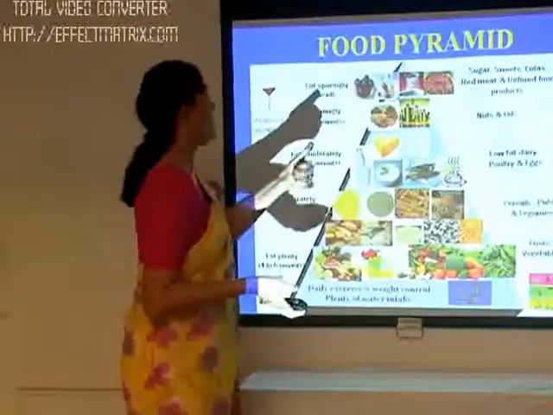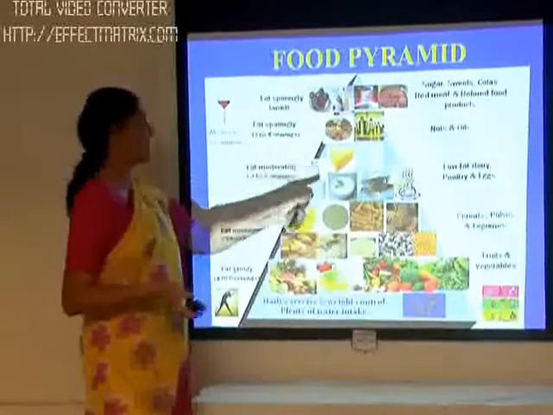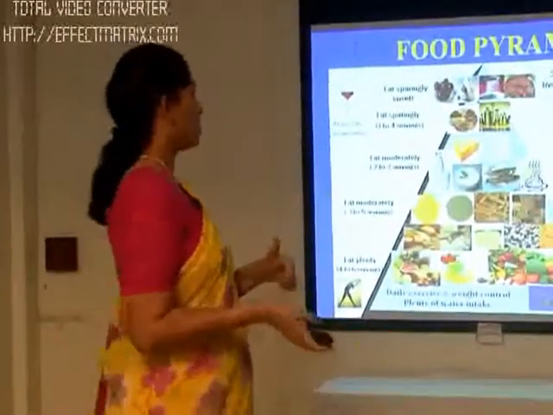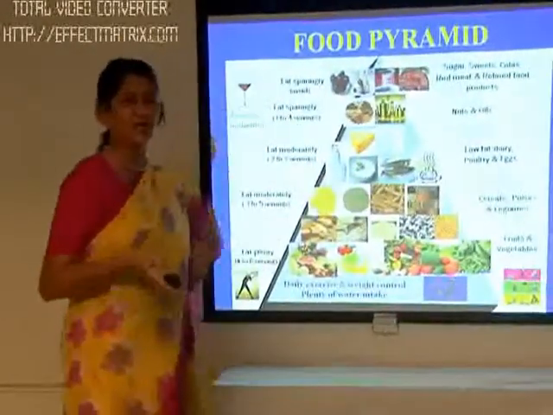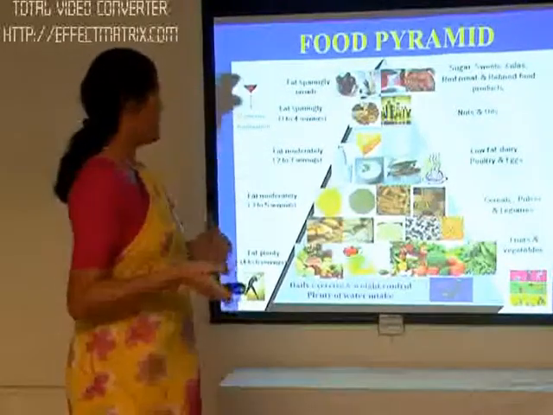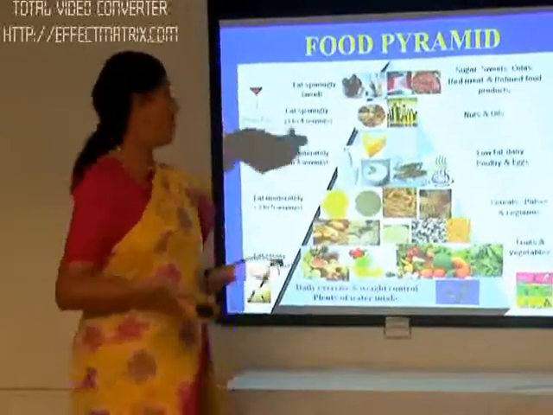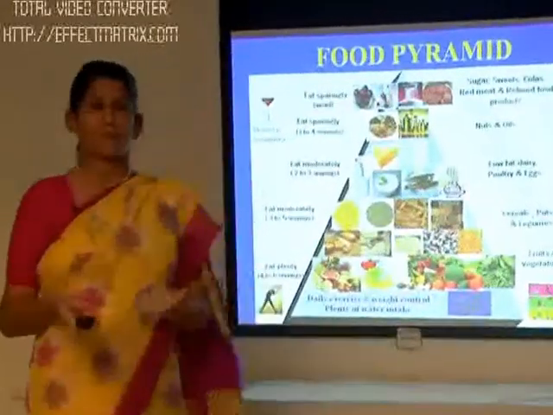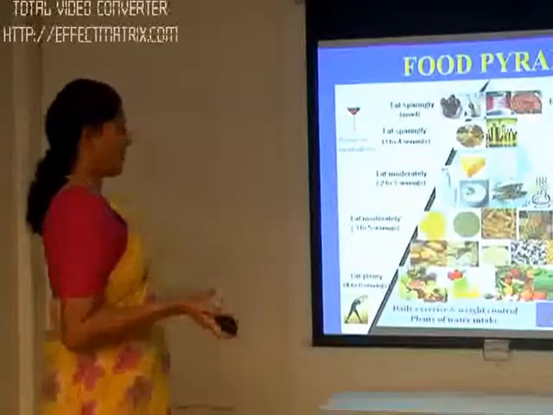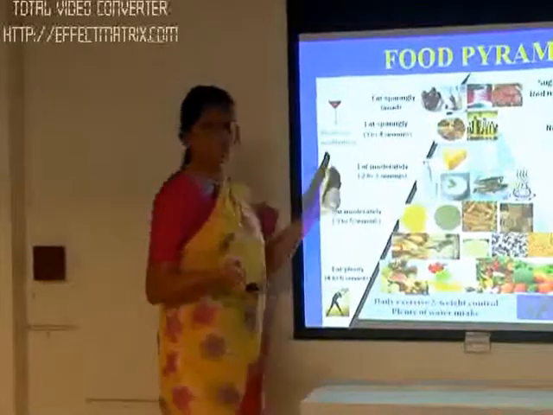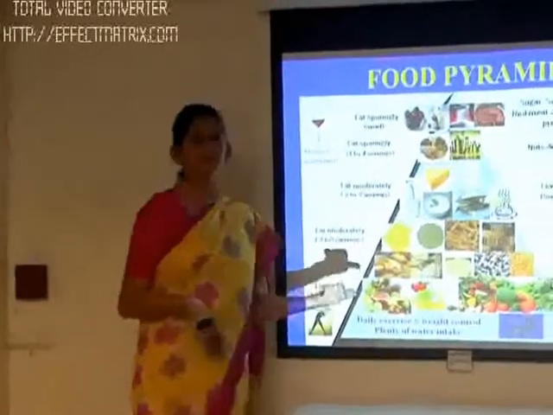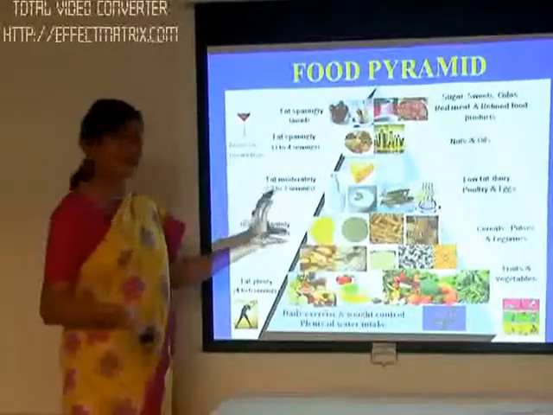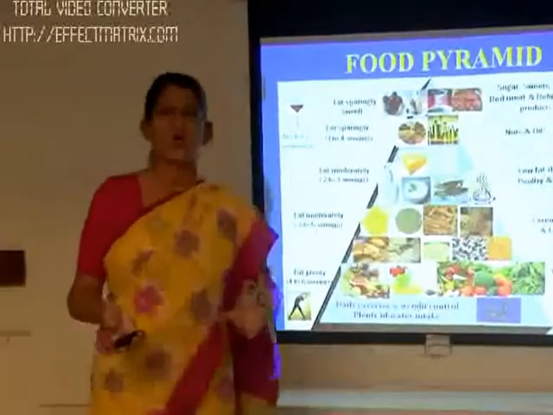And among other sweets we have put sugar. It can be in another group, but sugar is to be used also sparingly, or sugar not to be used. As a diabetic, we are not going to use any free sugar directly, but the sweets made without using sugar also contain a high amount of fat. Therefore, sweets are kept at the top of the pyramid. So this pyramid, I hope by looking at it, or seeing the portion size, servings written on it, we can decide that the entire pyramid is important to select food choices and the right food choices in our day-to-day eating or in a particular meal.